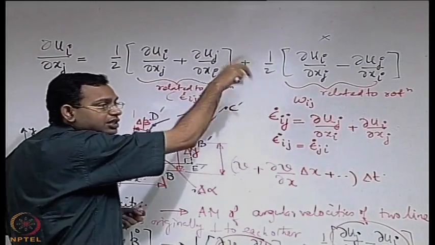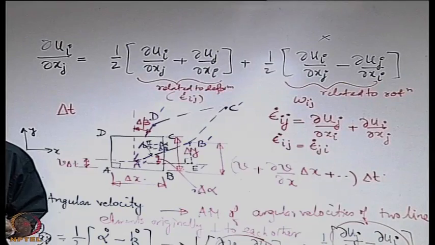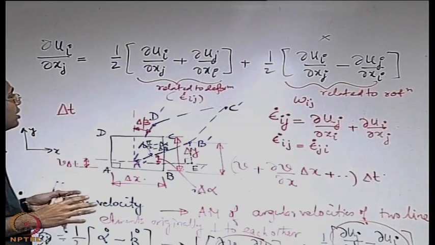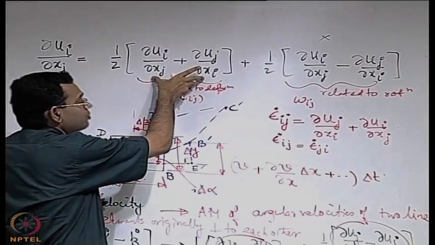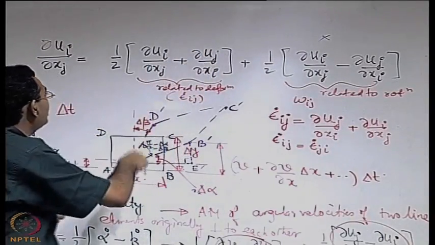The other part is a rigid body motion, so it should not be relevant to the constitution of shear stress in a material, in a fluid. So whenever we have discussed Newton's law of viscosity, you clearly see that this is the term that we had actually taken. If you look at it in terms of u and v, it was